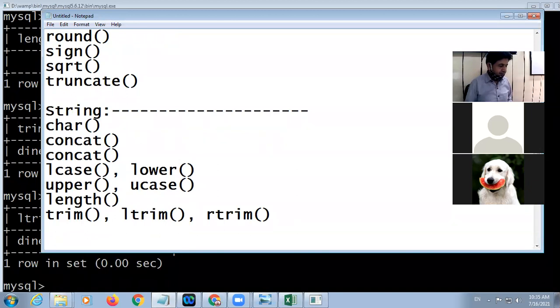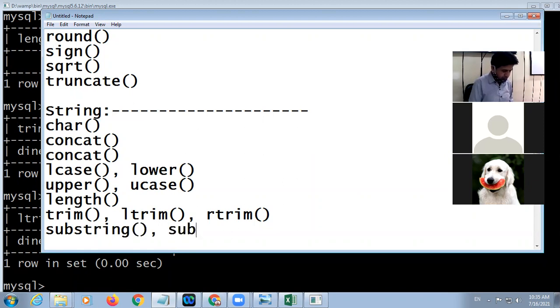Next is substring, getting a small string from a big string. You have a very big string, and from it you fetched some data. That is called substring. For example, the function is substring or SUBSTR, both are same.